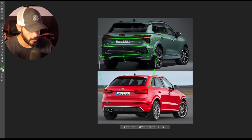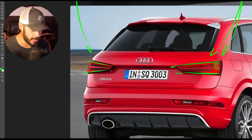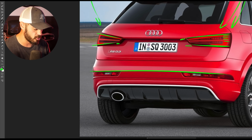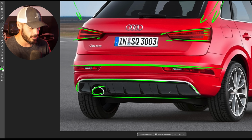Now, looking at the old one here, look at the taillights, how sharp it is, how confident it is. It goes from wide here into thinner pieces, and angles downwards, inwards as well, creating this almost menacing looking design. And we have a nice separation here of a proper bumper, a solid bumper, a nice diffuser that sits actually in the lower section of the vehicle itself. One exhaust pipe on one side. I would like to see a symmetrical